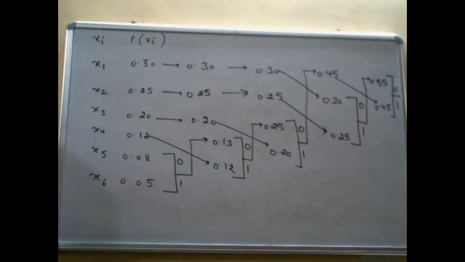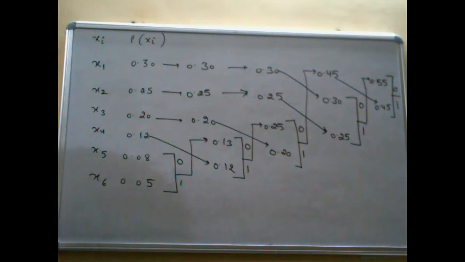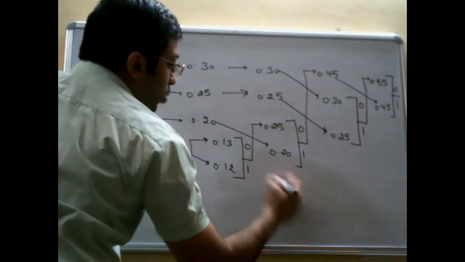once this is done, now we can write the code words for this. Okay. What will be the code words? I'll tell you how to find out the code words now. You just have to follow along the arrow. You will get the corresponding code word for the corresponding symbol. So what is going to be the answer? If you see over here for x1, suppose I want to write down the code word.